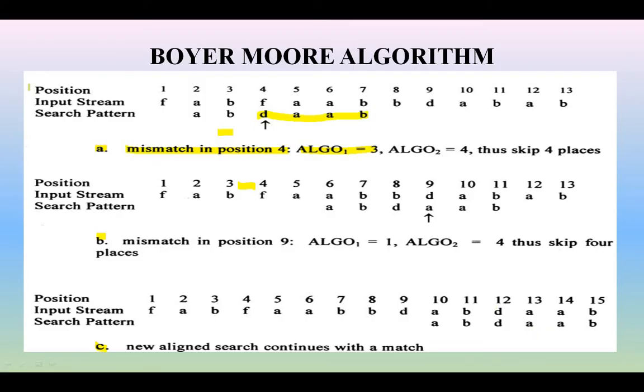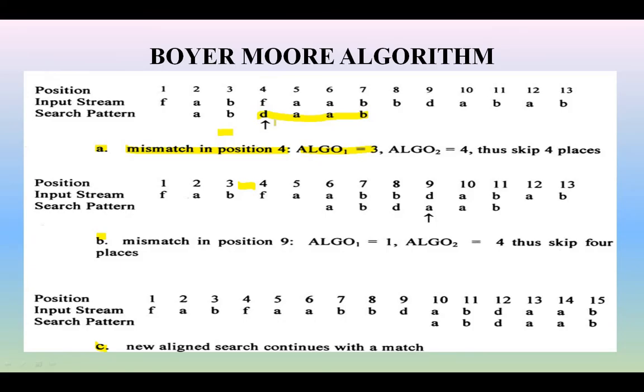Okay, so once again I will explain. See, let us not be confused. Position is given here, the input stream is given here, and the search pattern is given here. Here is the input string. You started at the second position. From the right you need to calculate. From the right position the mismatch occurred at the fourth position. So position number 4, from the starting onwards where the mismatch occurs, is 4 characters: 1 2 3 4.